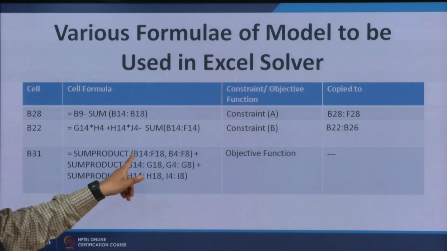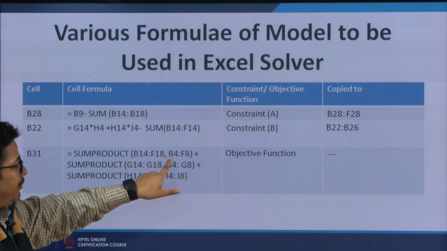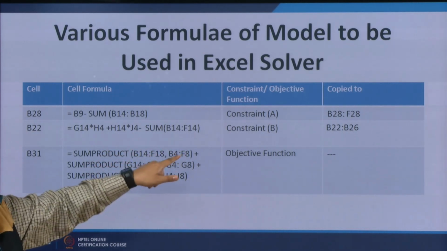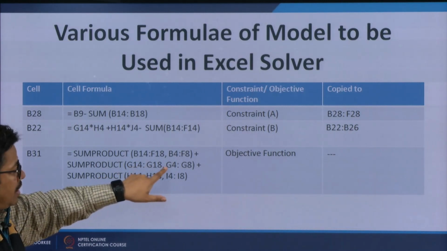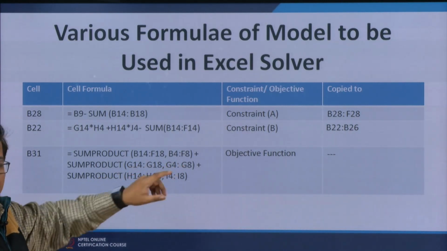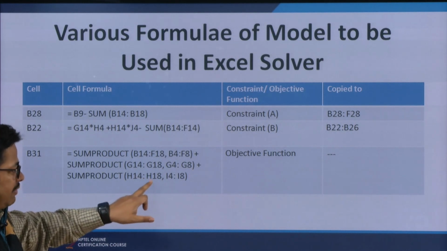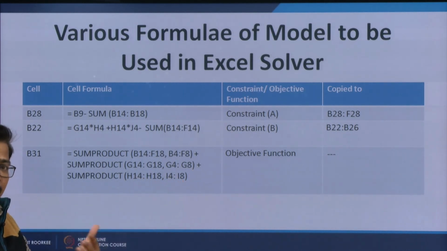B14 to F18 will be multiplied by B4 to F8, that is the cost of transportation and production. G14 to G18 will be multiplied by G4 to G8, that is the cost of opening a